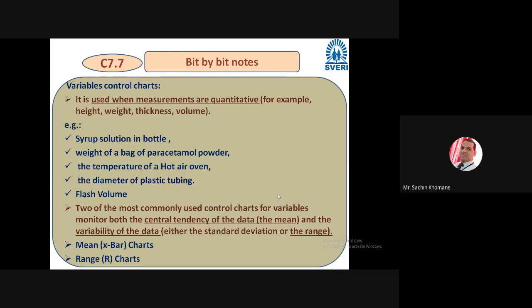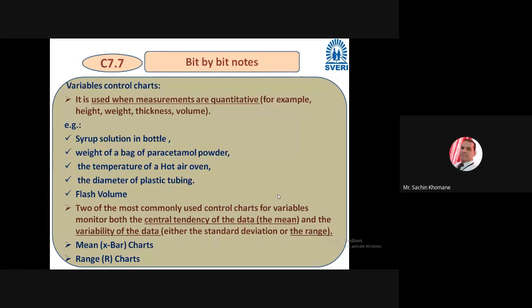So there are many types of control charts. I'm telling about the variable control chart; the attribute type of control chart, maybe in the coming discussion we will have. So there are two types of variable chart. First one is the mean chart or x chart or x bar chart, and the second chart is the r chart or range chart. So all of you know arithmetic mean, all of you know range, okay, in statistics.